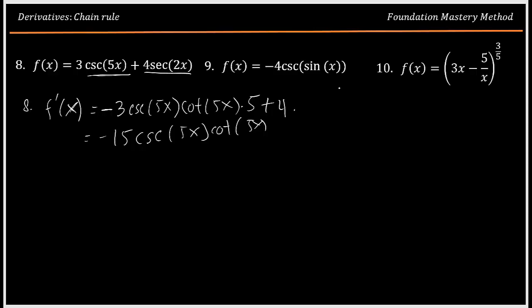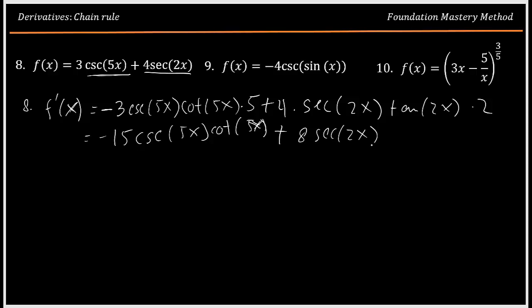So derivative of secant x will give me secant x tan x. So secant 2x tangent 2x times 2. So then this gives me plus now 8 secant 2x tangent 2x. We are done for 8. Number 9,